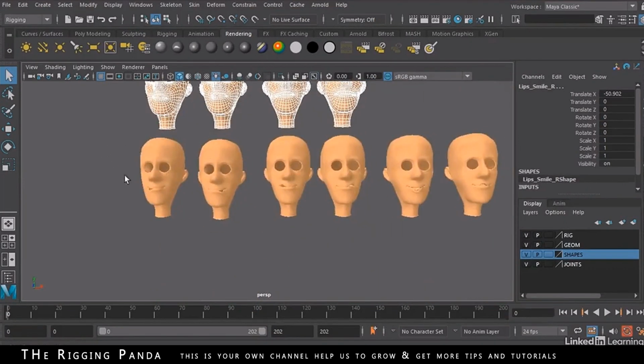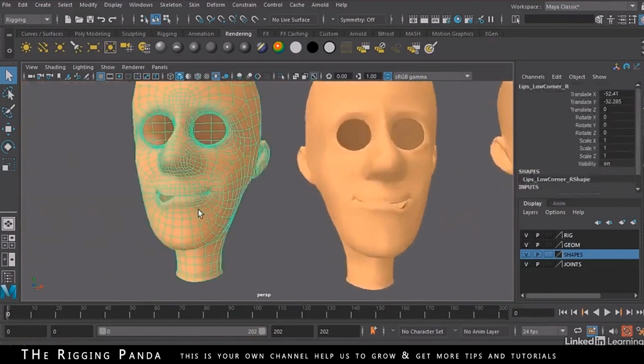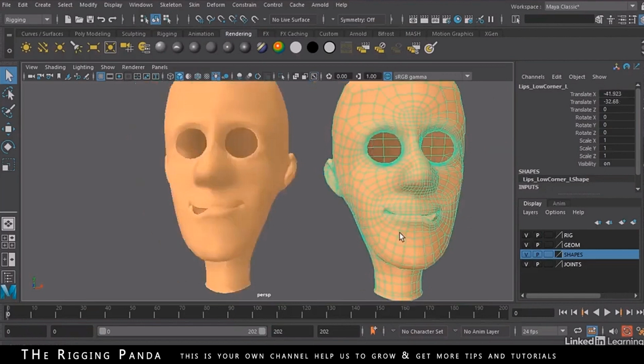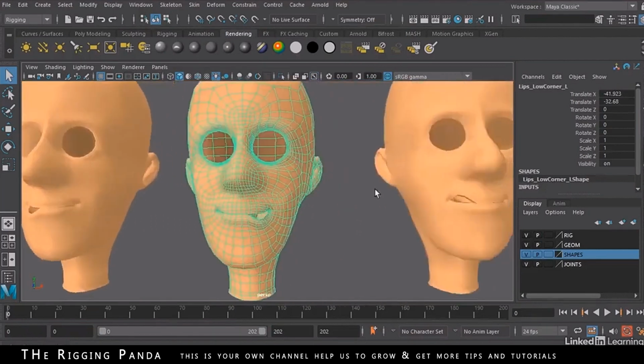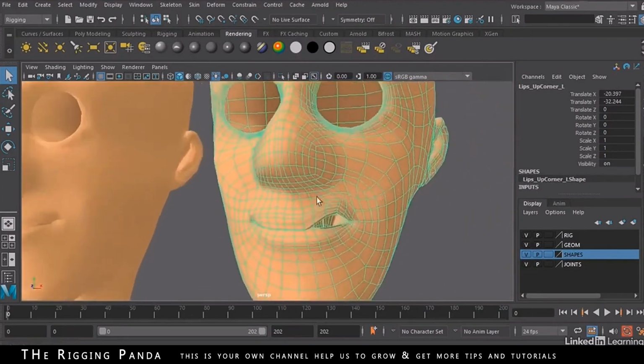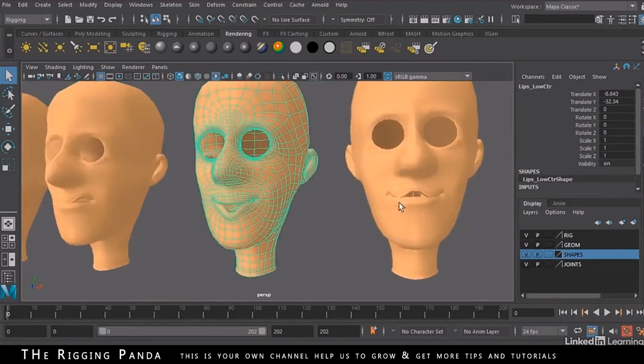In this case, I'm going to model shapes for the lips. So for example, I've got the middle of the lip being pulled down. If you want the character to be afraid, that's probably what you would pull down. We also have the lips up on the left and right to create more of a sneer. And then we've also created the center of the lips up and down so that he can make an ooh shape or whistle